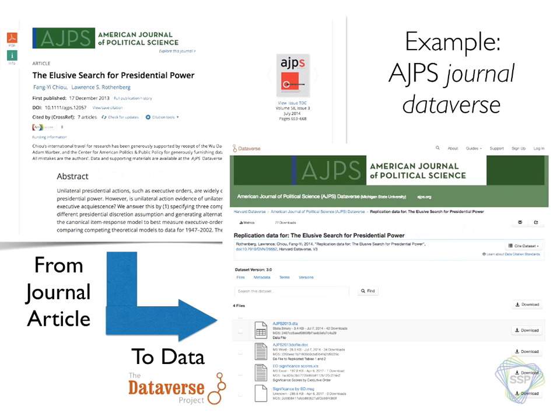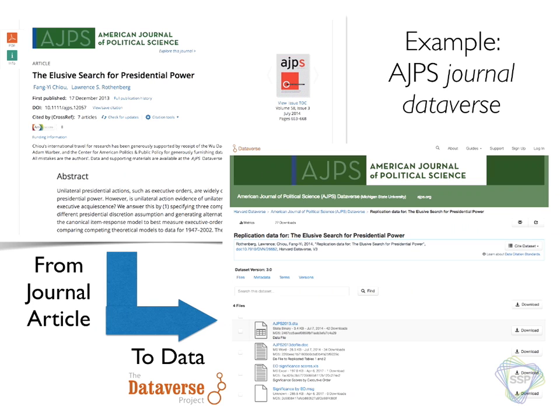Here's the American Journal of Political Science. You can see that the first screenshot is the journal page and the article published in that journal. That article has a citation to the data set, a persistent link to the data set in the journal Dataverse, in the repository.